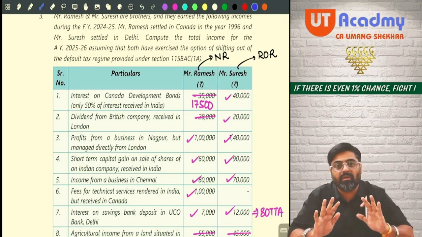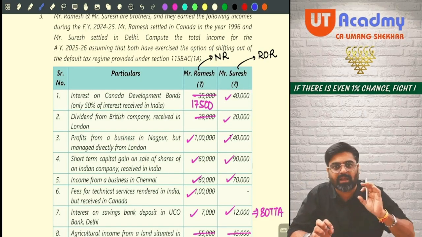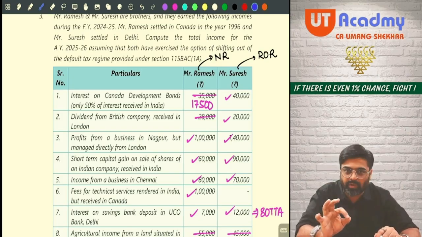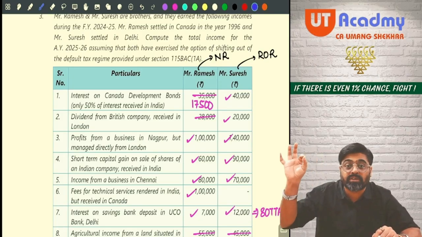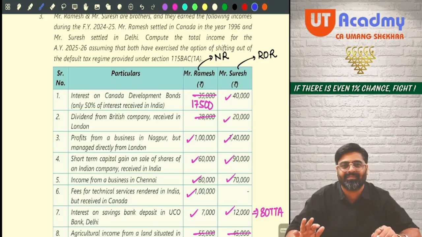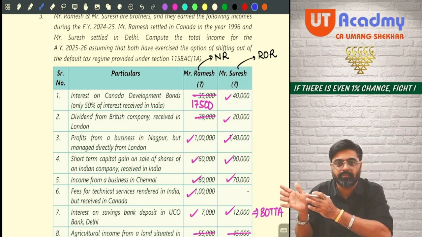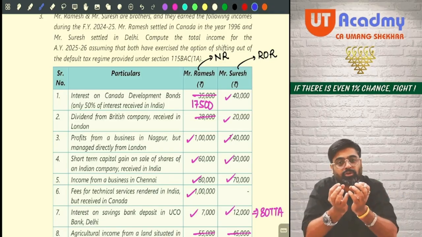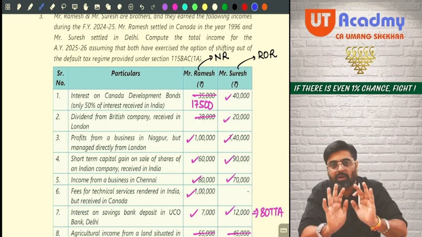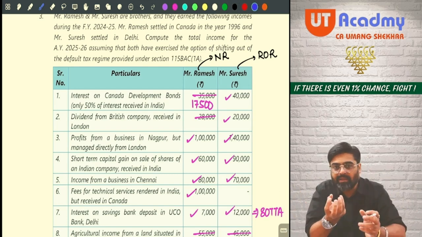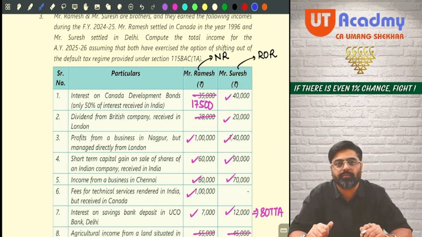See, I will solve 500 questions with you in class. For example, you are going to definitely see a 501st new question in the exam. This will not be exactly the same question which we are solving. But they will try to mix and match 2-3 questions. All the similar types of questions you have solved, they will mix and match and try to create a new question for you.